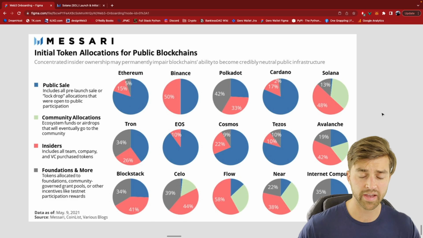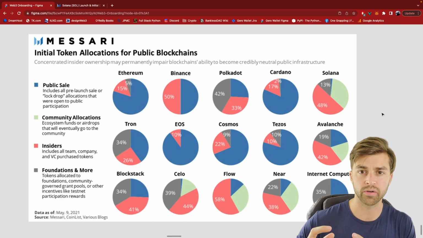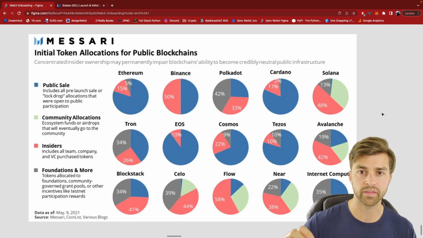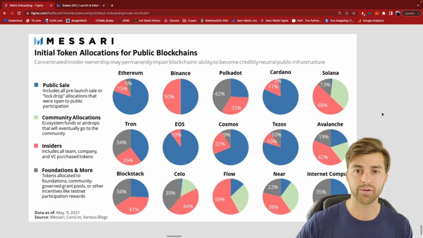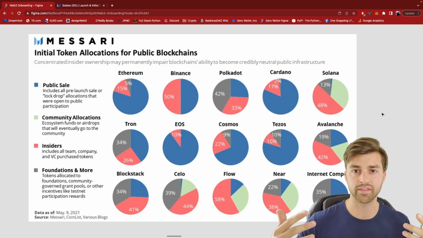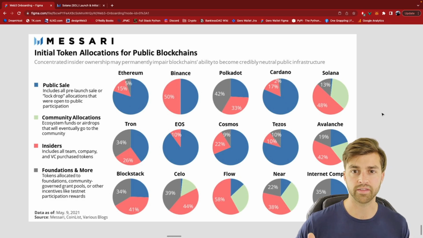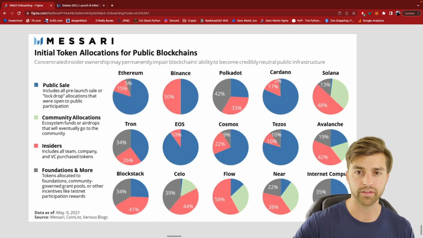So if that means giving slightly more power to subject matter experts and organizations and foundations that are going to promote the sustained usage of this crypto network, then I think there is an argument to be made there. So I'm not exactly sure. I don't want to come out as judgmental on any of this. Just understand that this is a big controversial point right now in Web3, and these are the arguments for and against it.